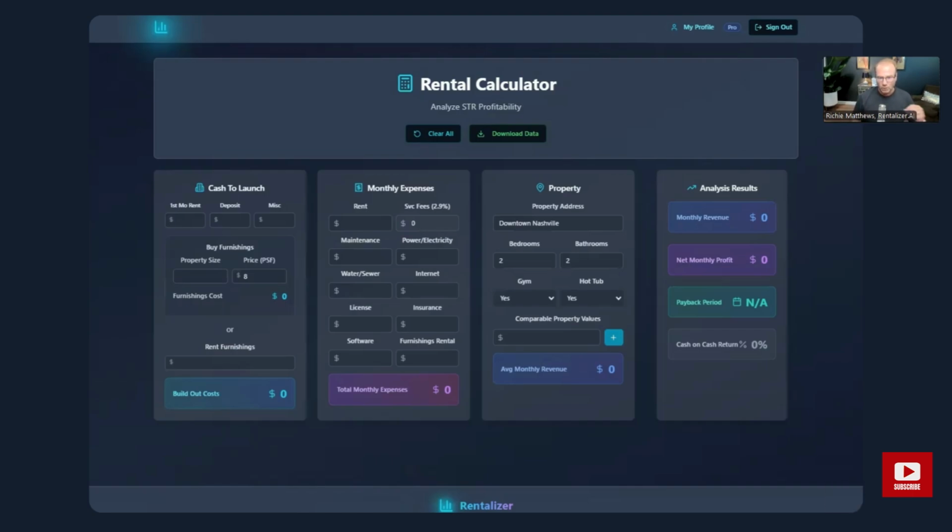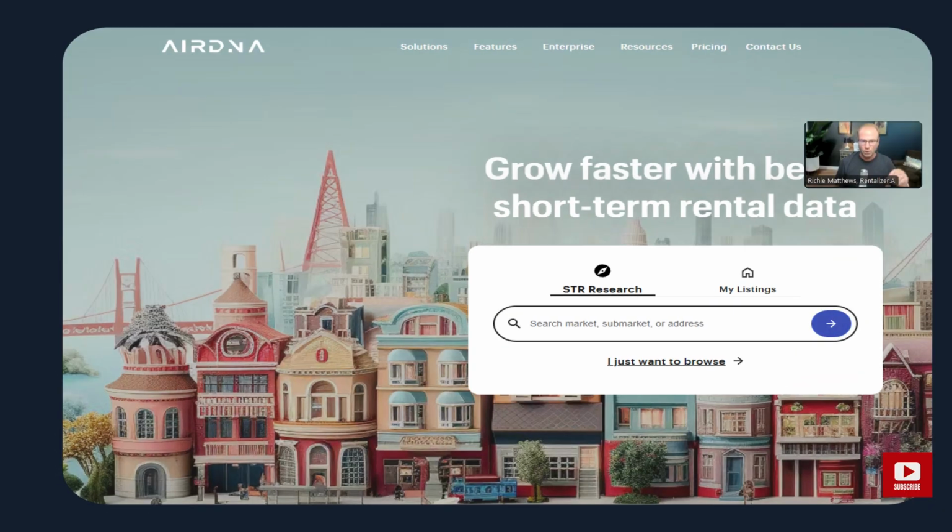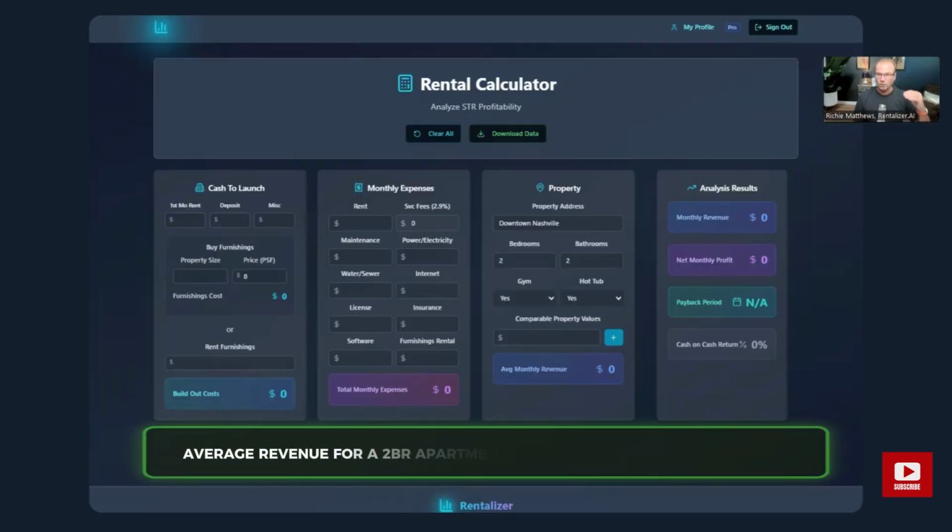So here's what we're going to do. We're looking on a tool called airdna.co to find out how much 2-bedroom, 2-baths are earning. It's a real simple task. AirDNA allows you to list the submarkets of a city, not just the city. So if you look right now in downtown Nashville, the average revenue for a 2-bedroom, 2-bath apartment in downtown Nashville